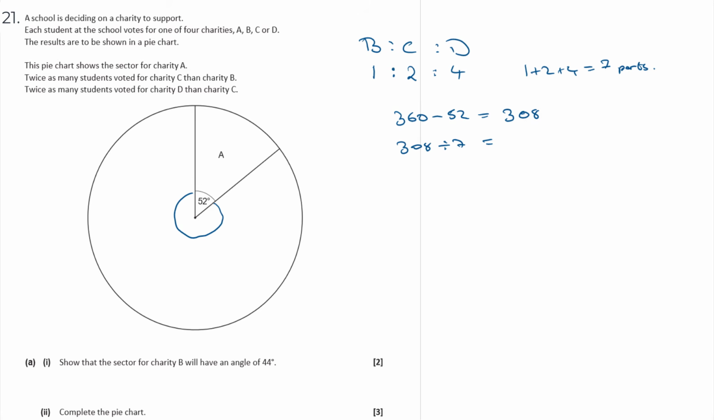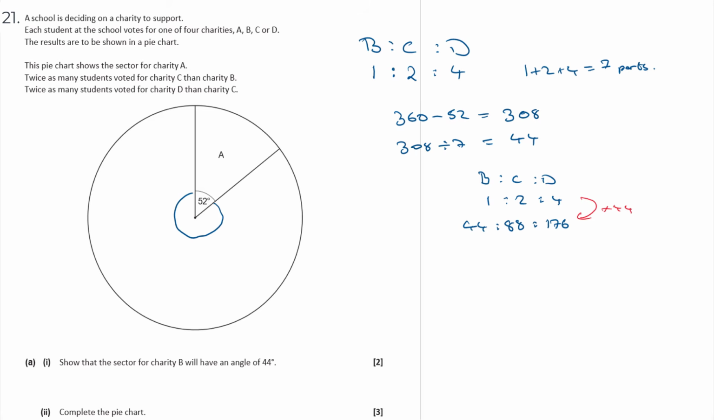308 divided by 7, according to my calculator, that's 44. So then taking the ratio of B to C to D in the ratio of 1 to 2 to 4, and scaling that up by a factor of 44, so timesing everything through by 44, I'm going to get 44 degrees, 88 degrees, and twice 88. What's that? 176 degrees. Okay, so they're my three angles that I would need to draw if I was going to draw this pie